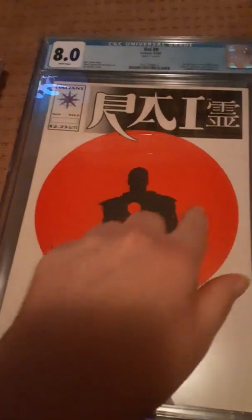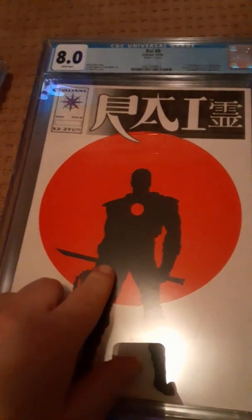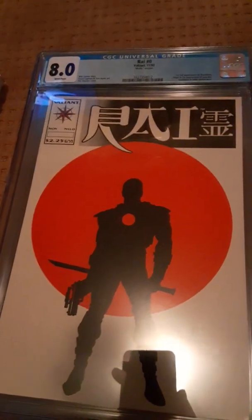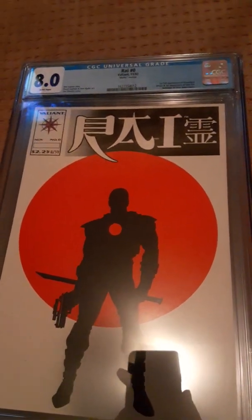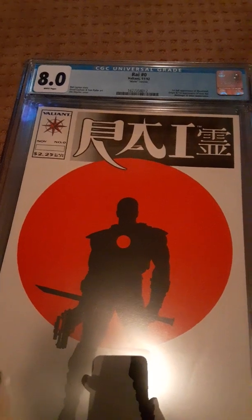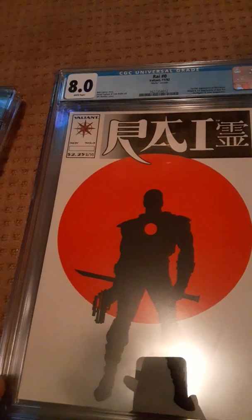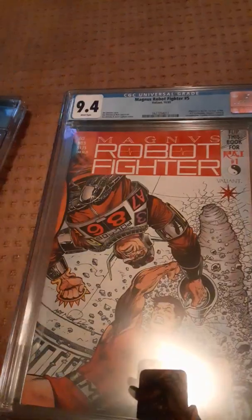Now the next one, Ride Zero. Only an 8.0 because there's a little curve over here. And I got this from the same store that I got the Dark Shadows from. I paid $10 for it. Figured it would be a good investment. My comic shop, my LCS, did have it pressed, but apparently it's just going to be an 8. So I'm a little disappointed, but investment-wise, why not? Next one,